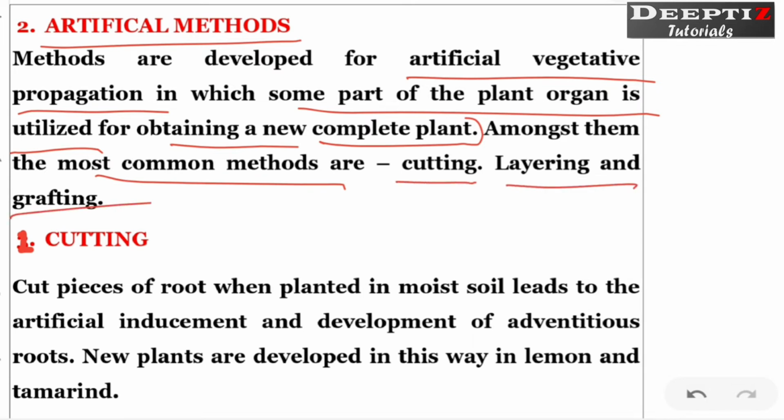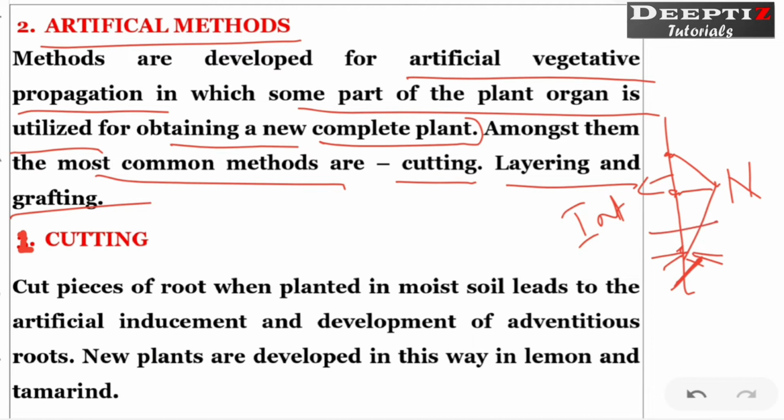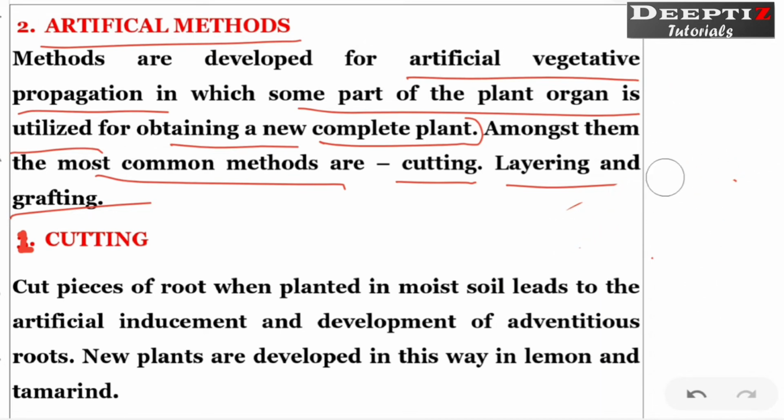You might have heard about how we plant rose. We cut a stem and we plant it. But always make sure that in every stem there are these types of structures. We call them nodes. This is also a node. Between these two nodes there will be an internode. If you want to cut this particular stem, make sure that you cut just below the node, so that from this node new roots will come and that will grow as a plant. But if you cut from here, what will happen? Since there is no node, the internode cannot grow roots. As a result, it will not grow.